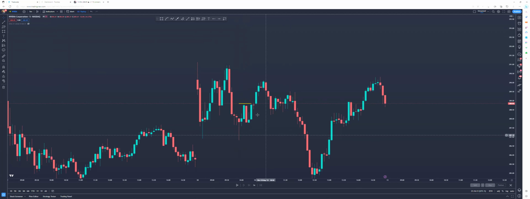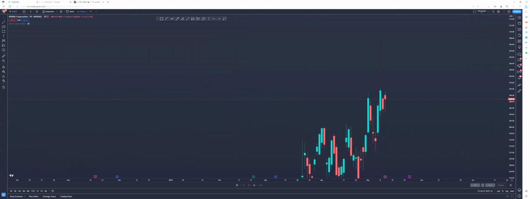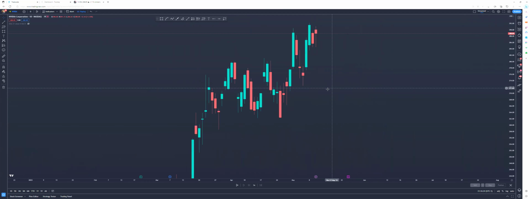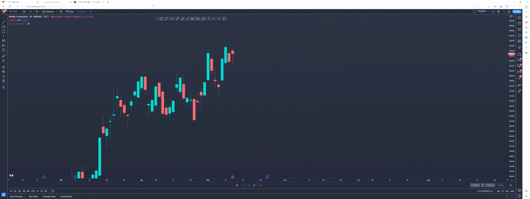I took NVIDIA puts off the higher time frame. That's what it was. That's why I'm getting confused, because I took the calls on a lower time frame, but I took the puts on the higher time frame. There it is. That's what I was doing. All right, and this wasn't really a good trade. I think this is definitely revenge trading. I'm about to say a lot of y'all. This is definitely revenge trading.